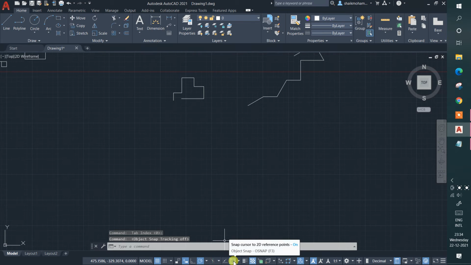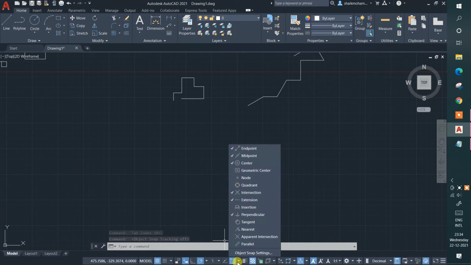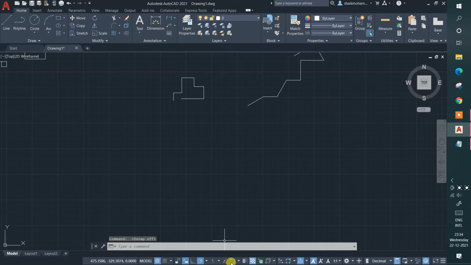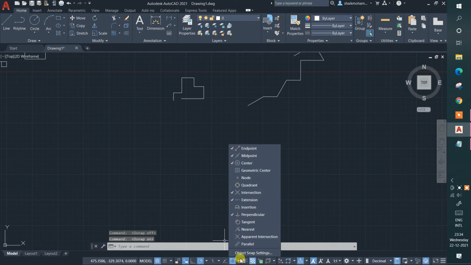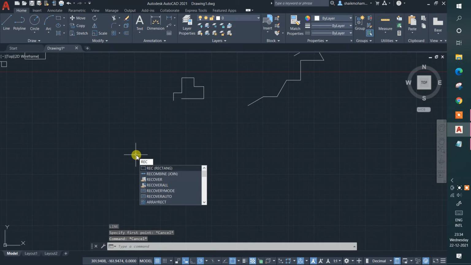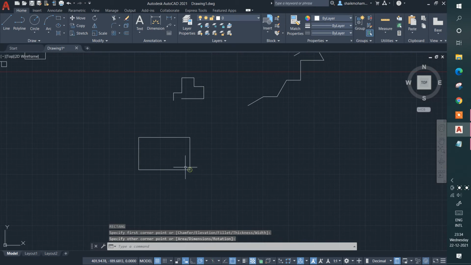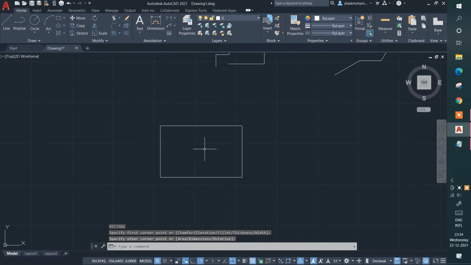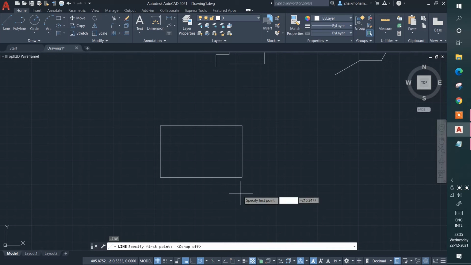Let me tell you what this object snapping is, okay, F3. And this is very much important, guys. After clicking on object snapping, you must go to here, and you must see here, okay. These are all commands. You can turn on this one, guys, actually, but these things can disturb you. Let me show you what this is. I'm just taking a rectangle command, guys, and in upcoming classes I'm going to tell you the commands, okay. And now I just want to take L, okay, L, enter, and go to this object snap off. I'm just turning off object snapping, and you can see where I'm gonna draw the line from.